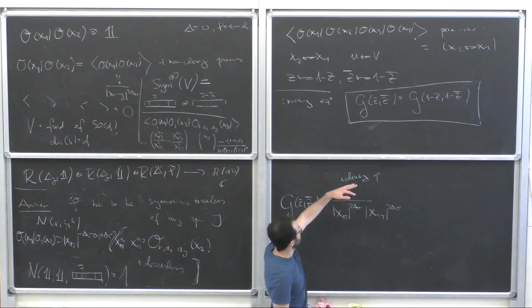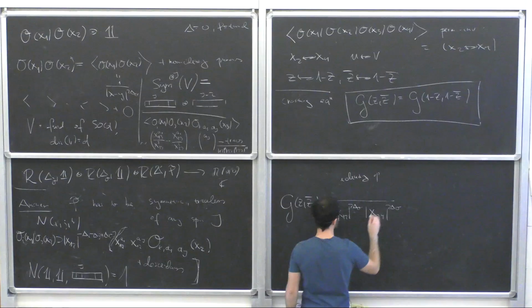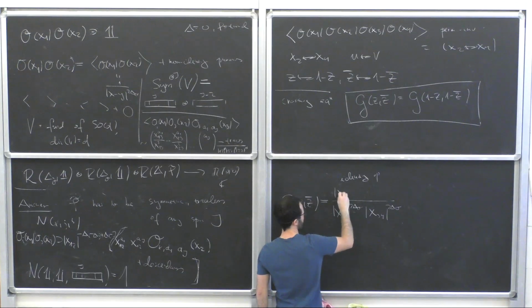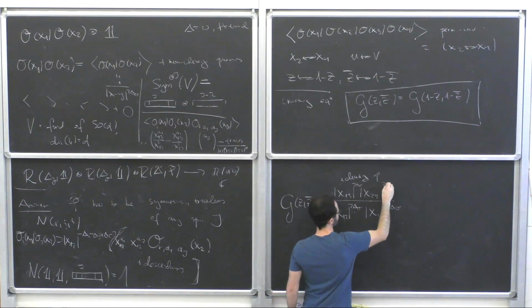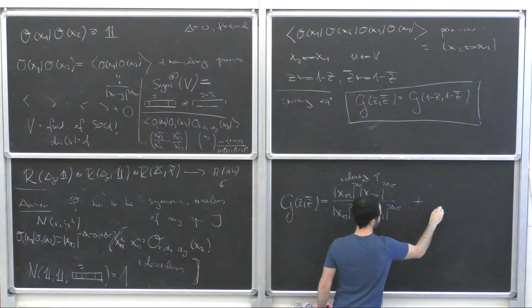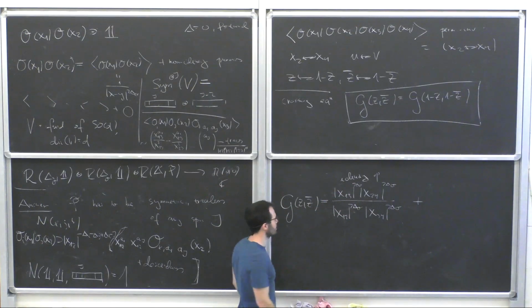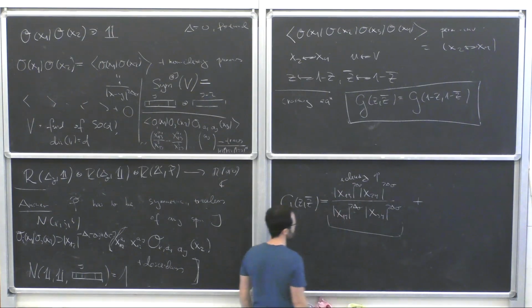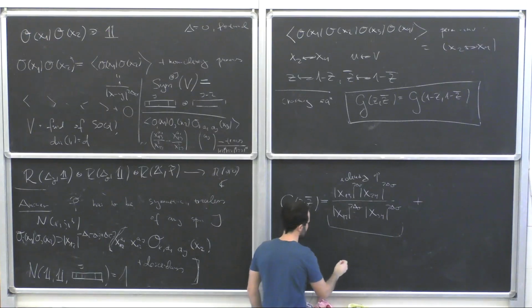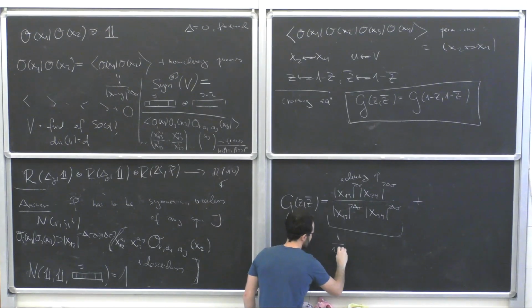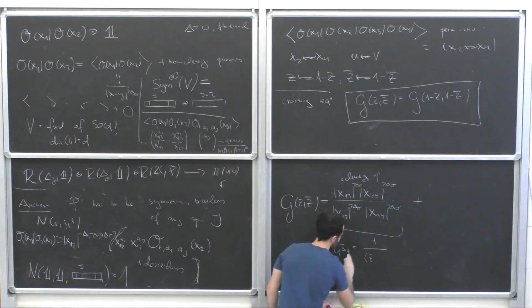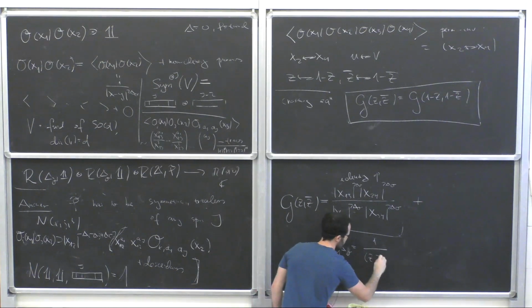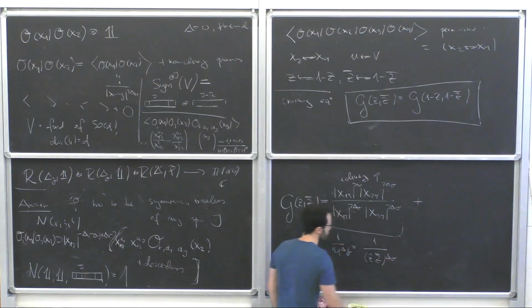But we are dividing it by x13, x24. So this is just the contribution of the identity operator, and you can nicely write it in terms of the cross ratios as just 1 over u to the delta phi, which is the same thing as 1 over z z bar to the delta phi. Okay, so